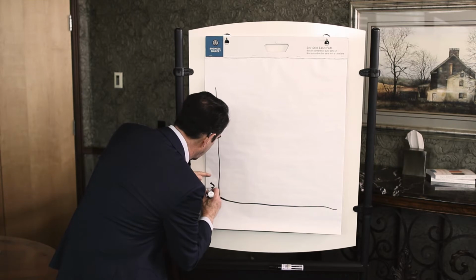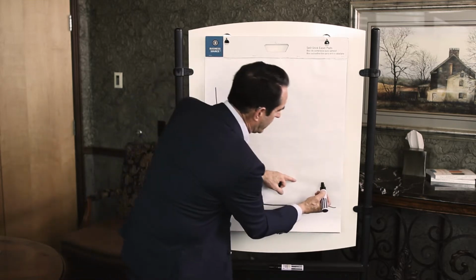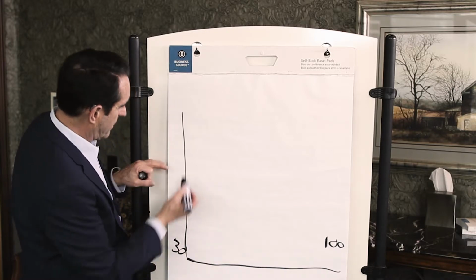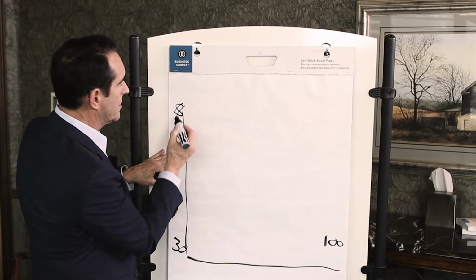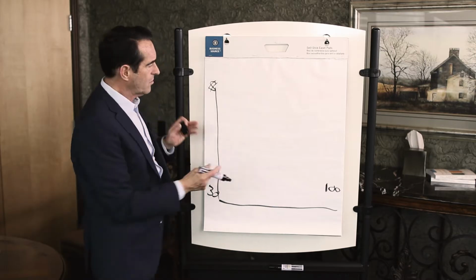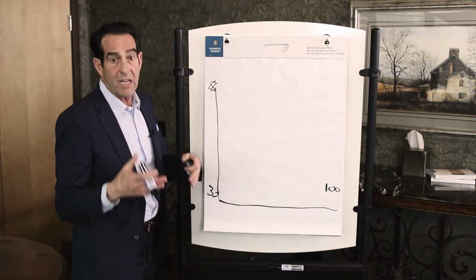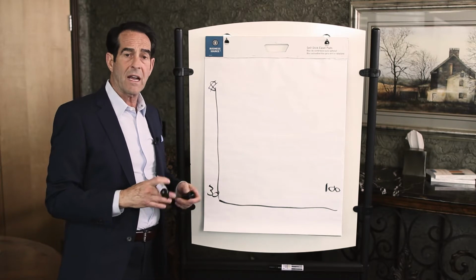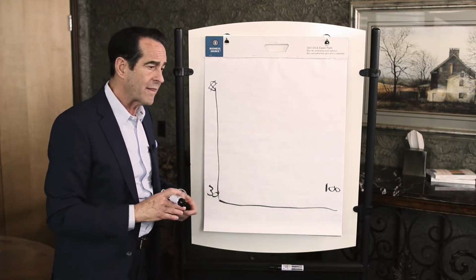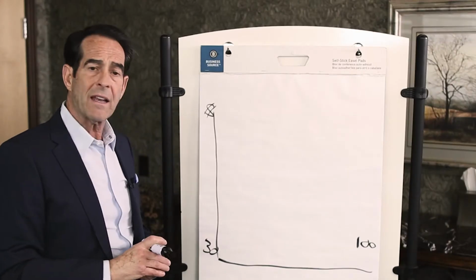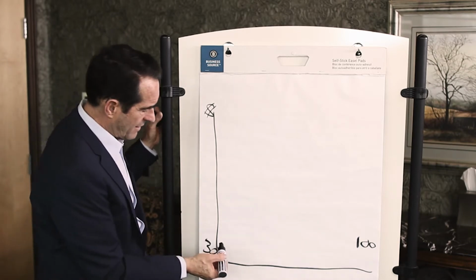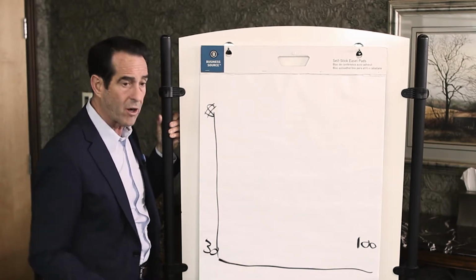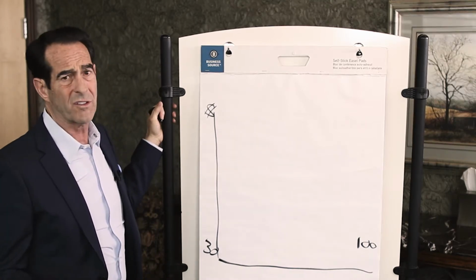So let's just do a graph here, and let's say that we'll start out here at age 30, and over here would be maybe age 100. This is the dollars or the premiums that you have to pay. And when I started clear back then, there was for a long time a 1958 mortality table, then there was a 1980 table. And I remember that the cost per thousand of term insurance for a 30-year-old was about $2.13.